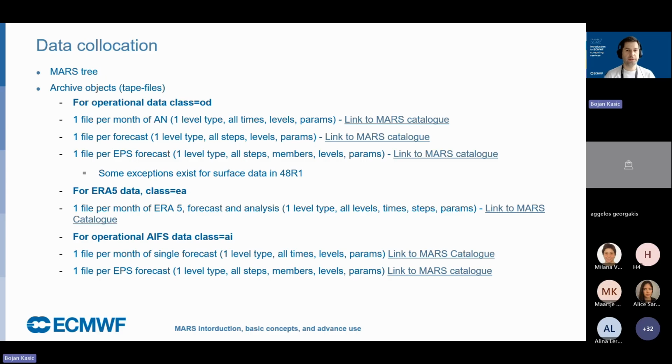Ensemble is very similar to forecast. Basically, in Ensemble, in addition to all these keywords, you will have a number which indicates the number of the ensemble member. And in Operational Forecast, we have 50 of them. So all 50 ensemble forecasts for a selected day, a selected time, and selected level type reside on the same